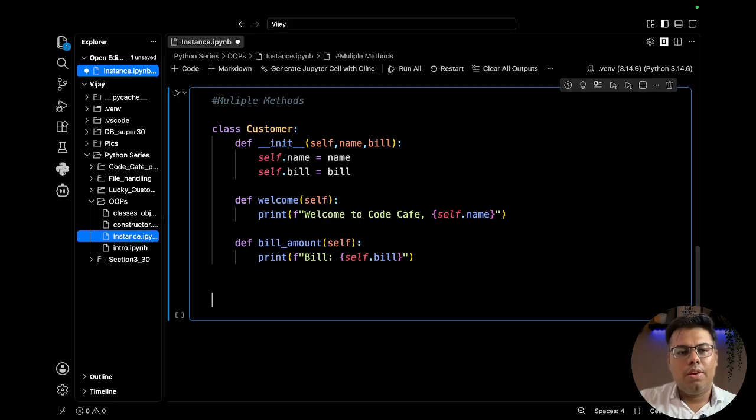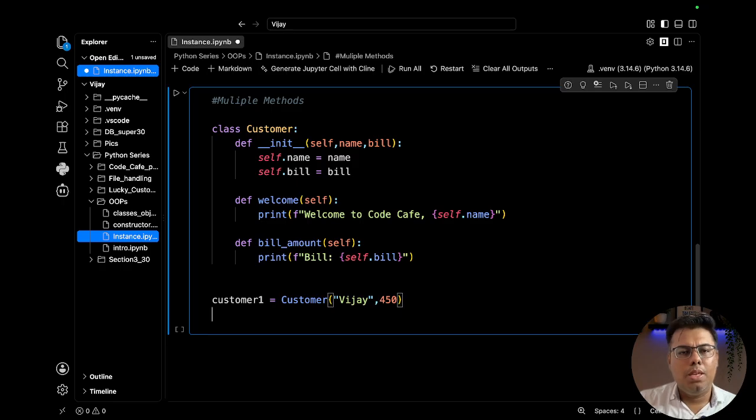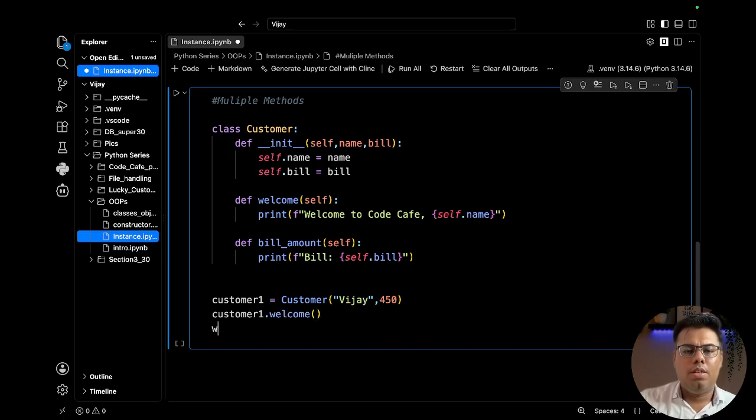And if I have to create the object now, customer1 equal to Customer, name Vijay, 450 is the bill amount. And if I have to do a welcome, and then I have to print the bill amount also. Okay,